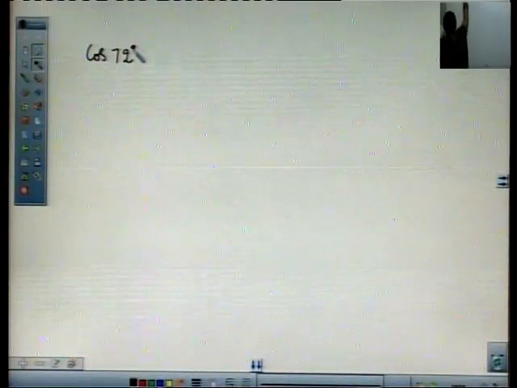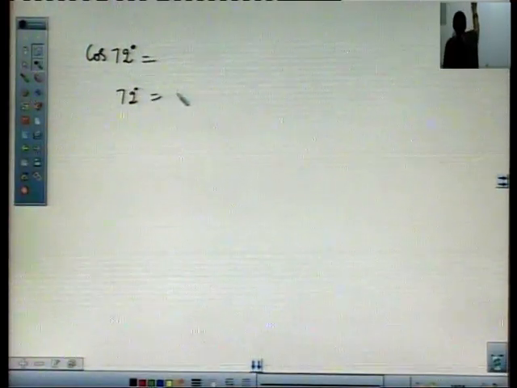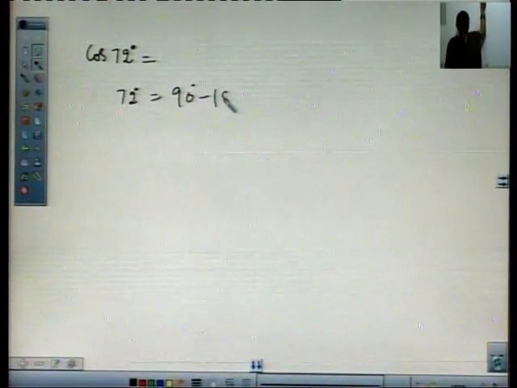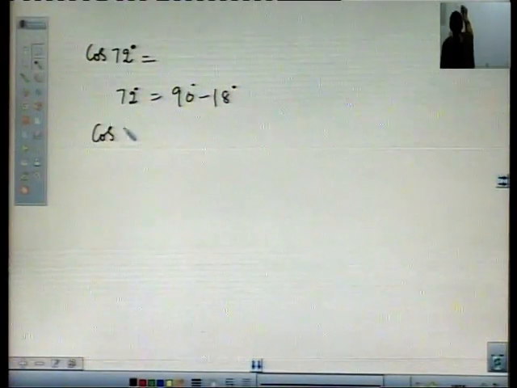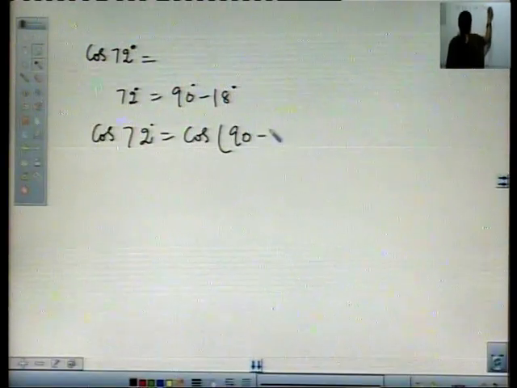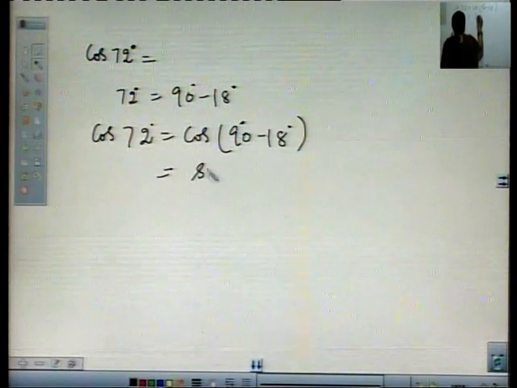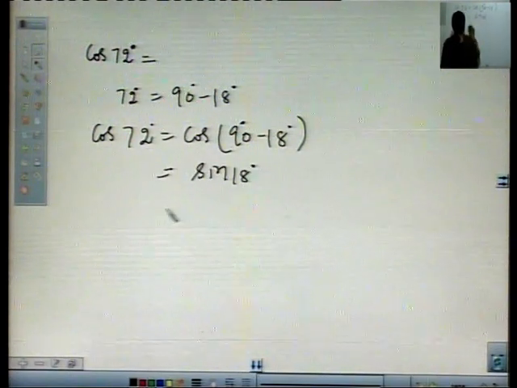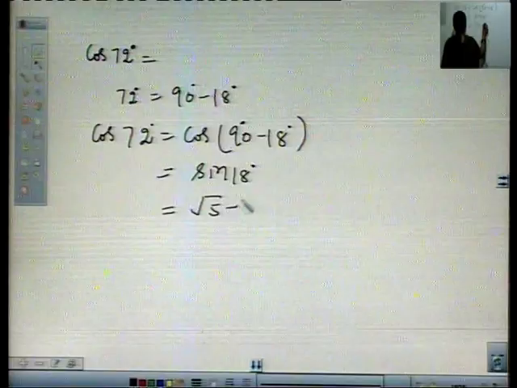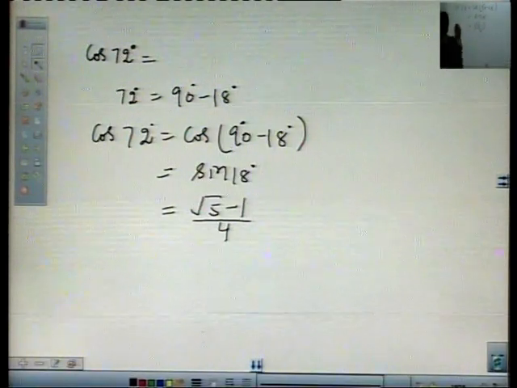Now next, value of cos 72 degree. We know that 72 degree is equal to 90 minus 18, taking cos, and it will be equal to sine 18, and sine 18 we have proved earlier as root 5 minus 1 upon 4. So, value